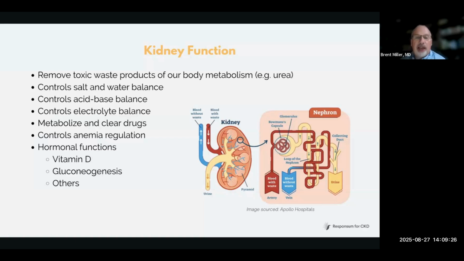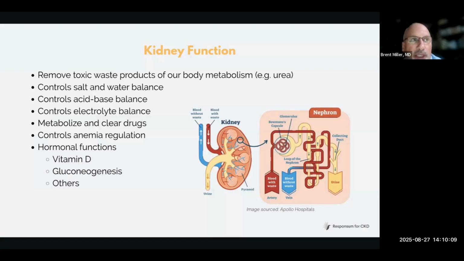And then the reason we want to recognize this is, depending on which area of your kidney is injured, it affects these functions differently. Now, the more common injury, and the one that leads to kidney failure, is the one that injures what's called the glomeruli, the blood vessels in the kidney that filter the blood. But you can get injuries to other parts of the kidney and still have relatively normal clearance of toxins and salt and water balance, but you can have other problems.